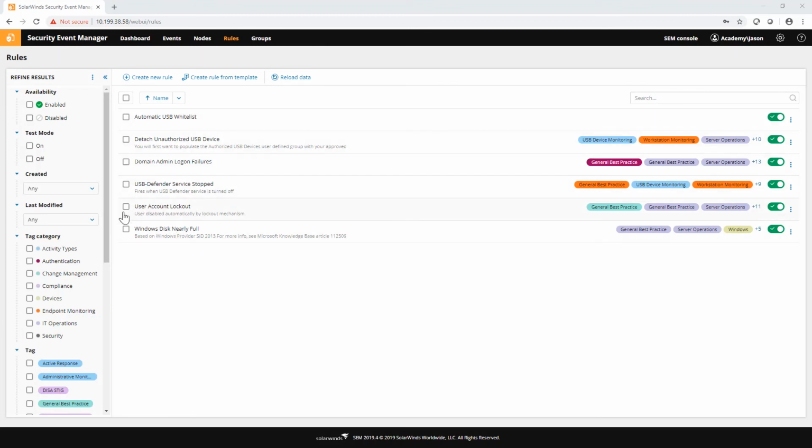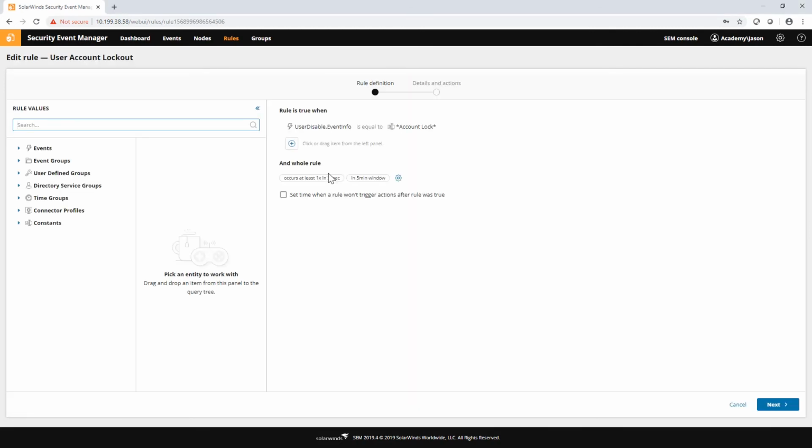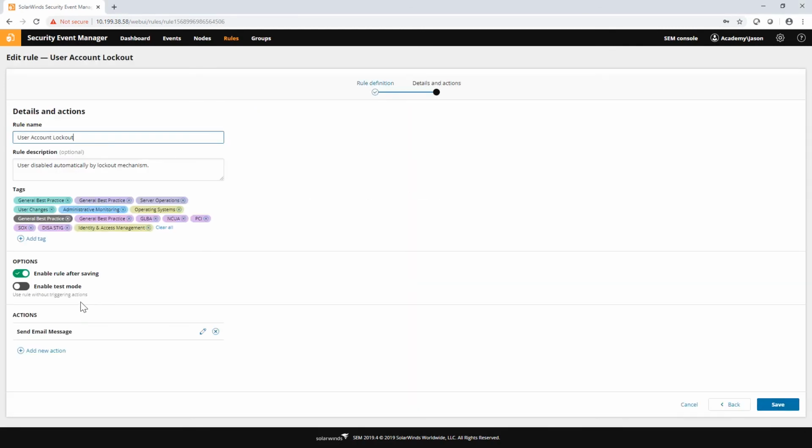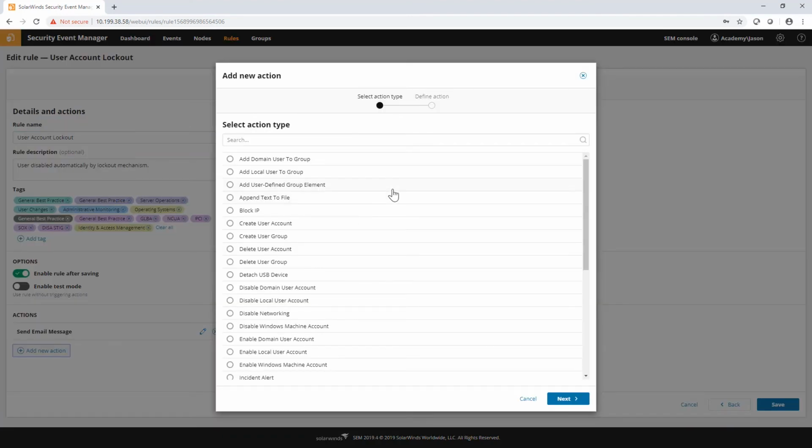We'll just pull up this one. I do want to clarify something here really quickly. For all the actions you see in this list, these are all dependent on what's called the active response type of connectors, the active response connectors. Basically all of the actions you see here are commands that are going to be sent back to some source device somewhere to execute remotely. Now, to actually send the command back to a device and have it translated properly, we have to have the appropriate active response connector configured and enabled for the send to be able to do that. Otherwise, the action will just be sent into the ether. It will go to nowhere.